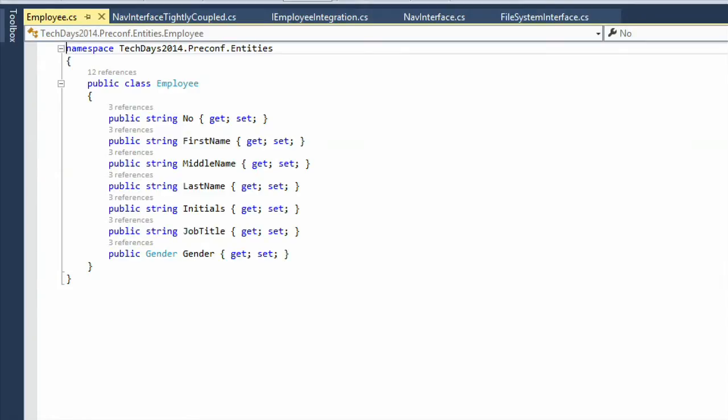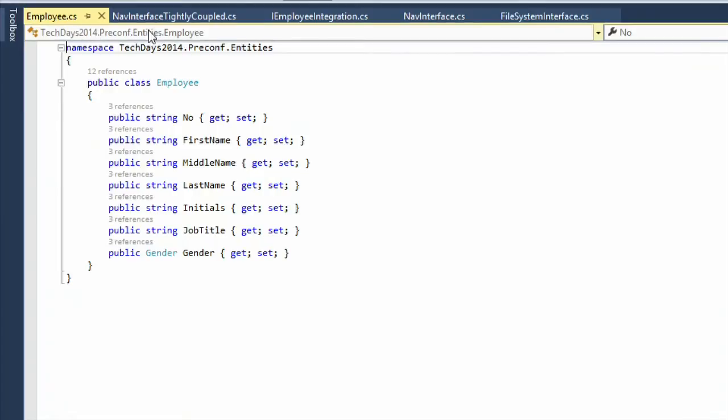The first step in this process would be to decouple the data model first. I don't care if this target system has 70,000 fields in this employee class. What my solution cares about is maybe just these 7 fields, nothing else. So I expose an entity class which contains only those fields that I'm interested in. I don't care about other fields, and I don't care if the fields have the same names. I just care that this is the entity class, and I'm going to operate on it. The complexity of the actual implementation is hidden away from me.